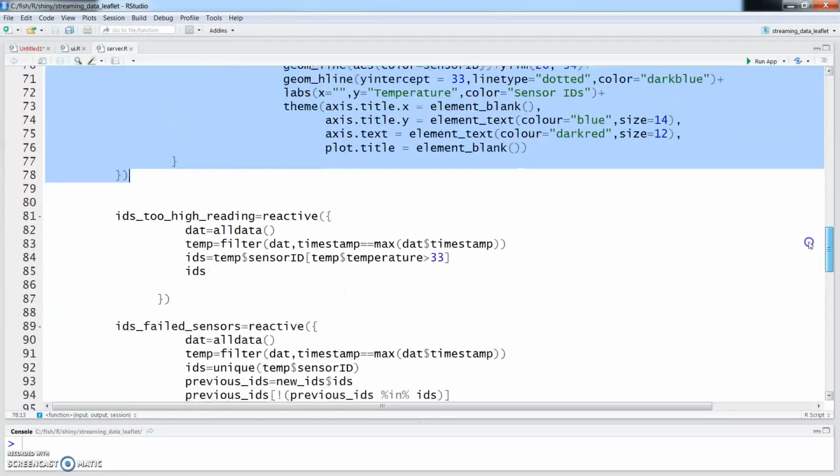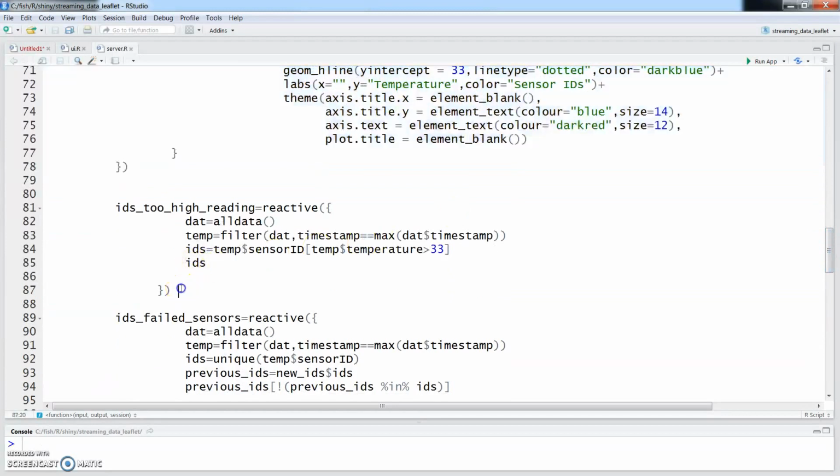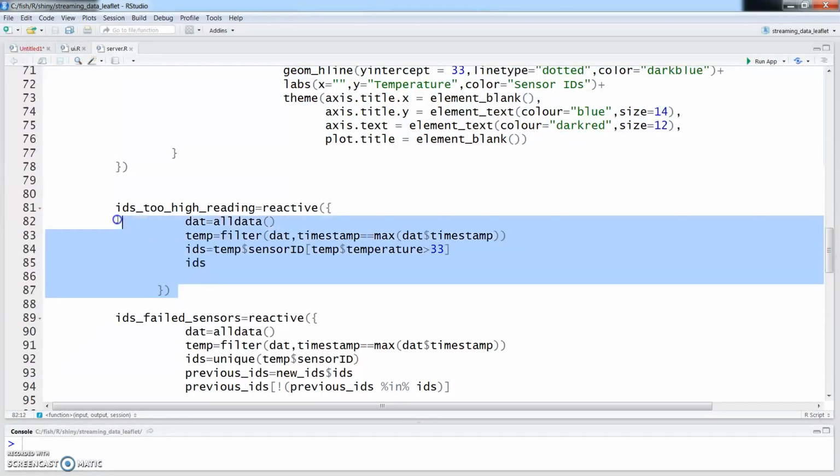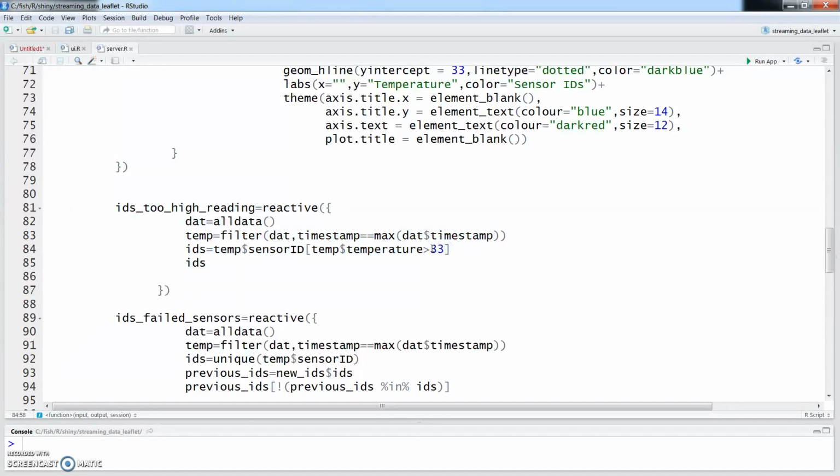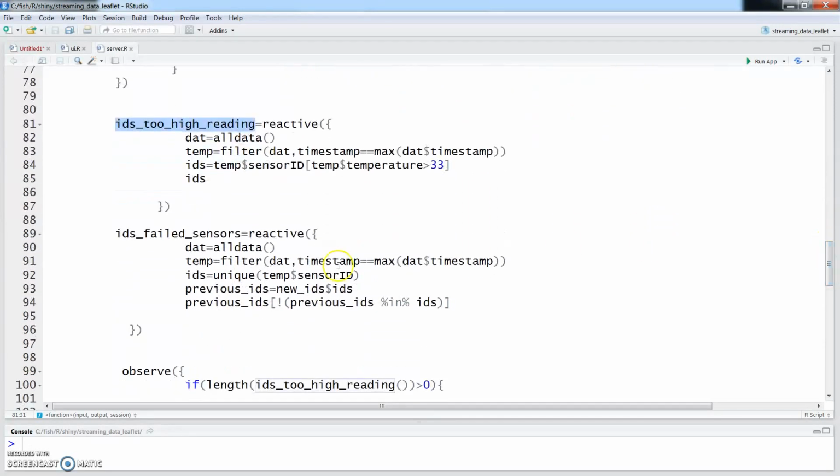And in this function, I am checking if any of the sensors have a temperature reading greater than 32. So if any sensor has a temperature reading greater than 32, I will save the ID of that sensor here, and this helps me to send an alert based on this function. If this function has some value, that means if it has sensors which have temperature reading greater than 32, then I will send alerts. And the second, this one,